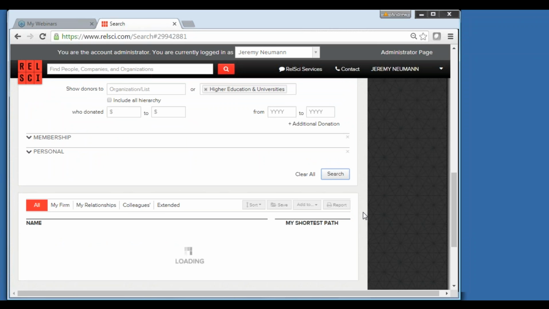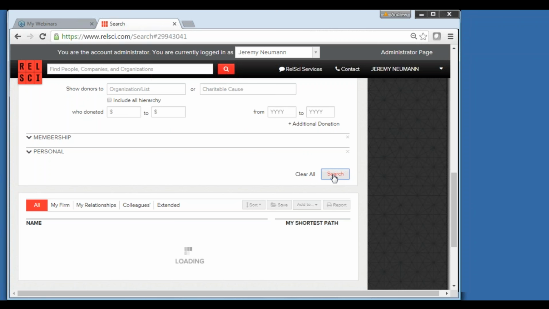And what RelSci is doing here is we're looking at who out of those 5 million plus individuals are located in New York, are C-suite and senior management in banking and finance, and have at least $1 million in public holdings. So one of the capabilities of Power Search that I don't think a lot of people realize is you can